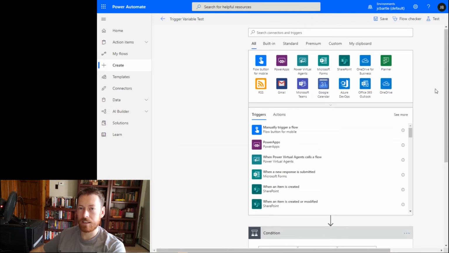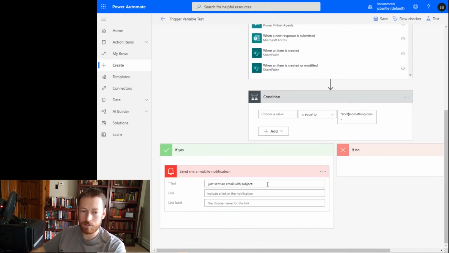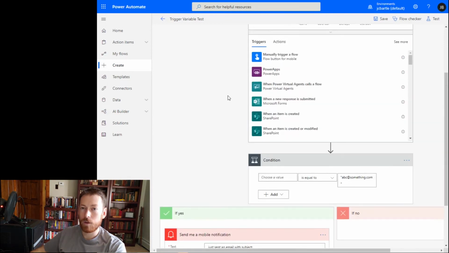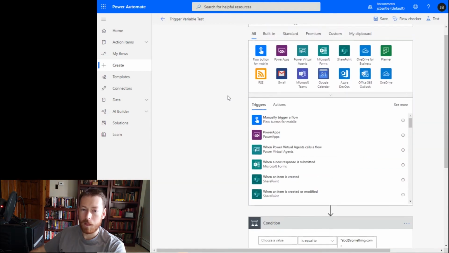Another that I can think of that has not happened to me, but it's certainly possible, is that, say, Microsoft comes out with when a new email arrives, version 4, and you want to upgrade your existing flow to this new trigger because maybe it does something amazing. The second you delete that trigger to then put in the new one, again, all of those referenced variables are going to be removed, and you're going to have to go back through your flow and plug them all back in. That is really annoying if you have a flow that does more than this one, maybe referencing those dozens of times throughout the flow. So, to save yourself a little bit of work,